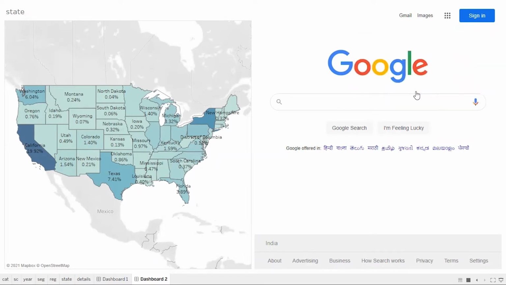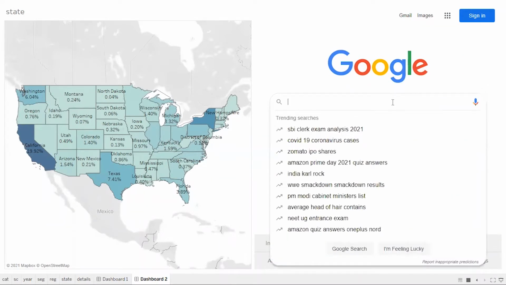So you can see that along with the visual, you have also put in a web page. So you can put your company web page or any information to show. I have given an example of a browser, Google, over here.